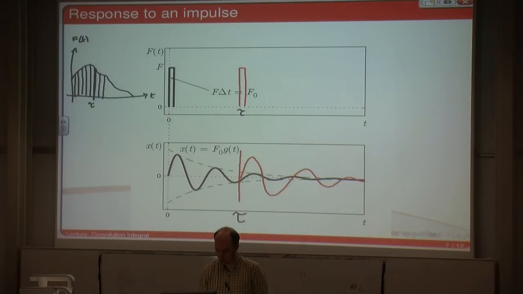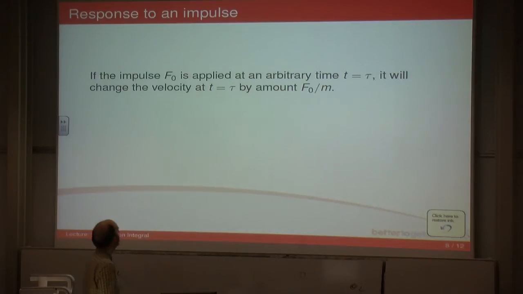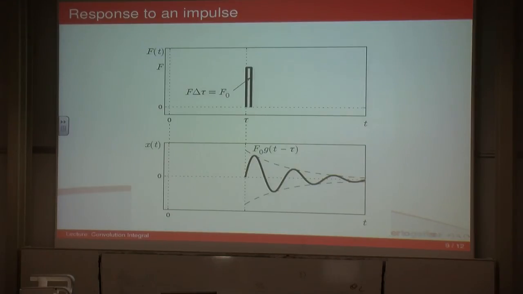So mathematically, if we apply an impulse at an arbitrary time where time equals tau, it will change the velocity at t equals tau by an amount f naught upon m. Okay, that's mathematically what's going on. Okay, assuming that x equals 0 until the impulse is applied, so we've got no impulse at time equals 0 now, we've just got an impulse at time equals tau. Okay, it's given by that, g of t minus tau. Okay, we're moving it to the right by tau,